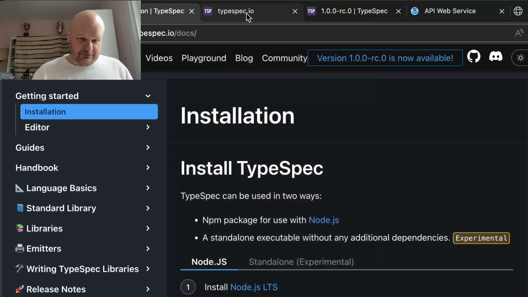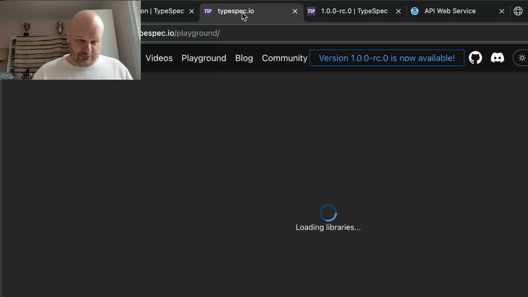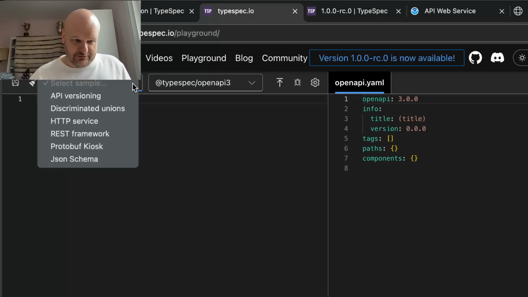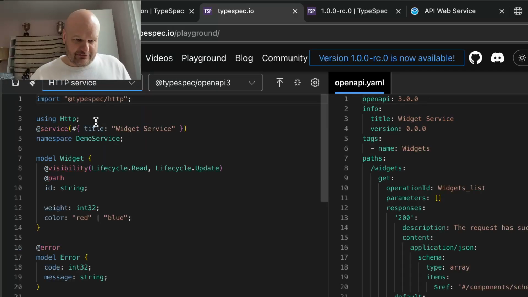The playground also helps when we just want to look at what an individual service would look like. So let's just look at an HTTP service here. So once again, as you can see, it didn't quite pick up a lot of the nuances here of how to do this properly. So we'll fix that